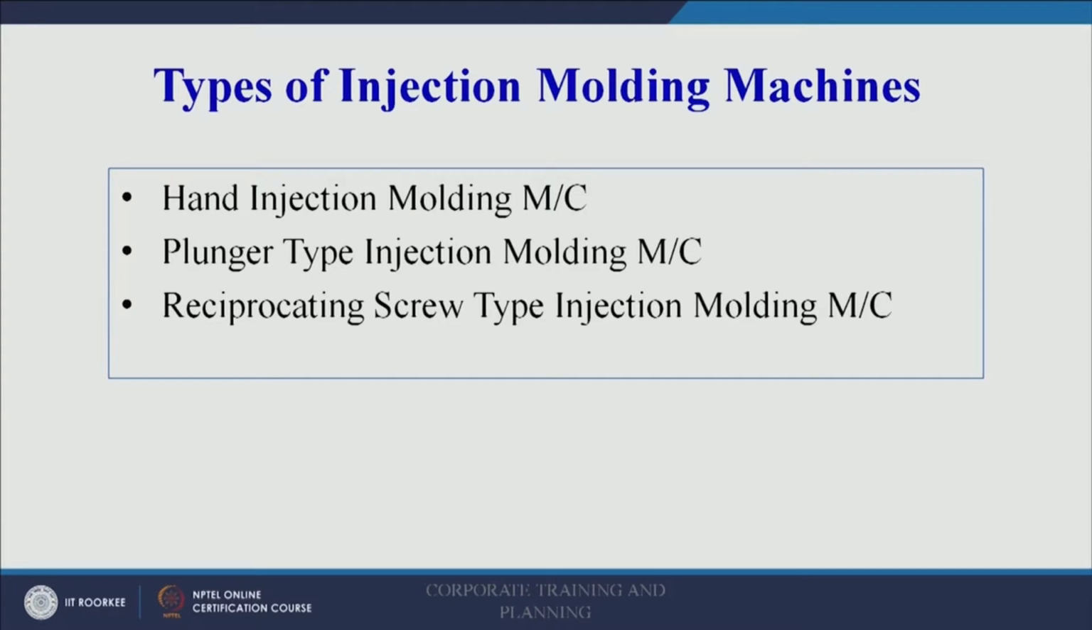process, that there will be a barrel inside, there will be a rotating screw, the role of the screw we have discussed, and the different sections of the screw also we have discussed. If you remember, there is a feed zone, then there is a melting zone, and then there is a metering zone. So that type of arrangement exists in case of injection molding machine also, that is the reciprocating screw type